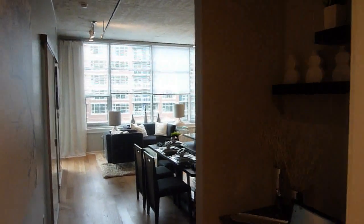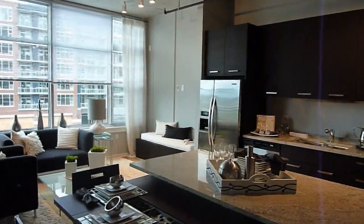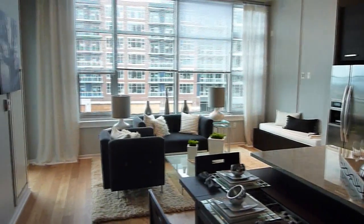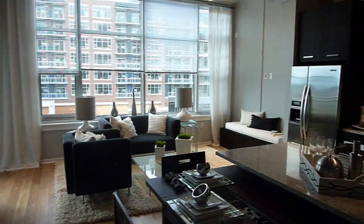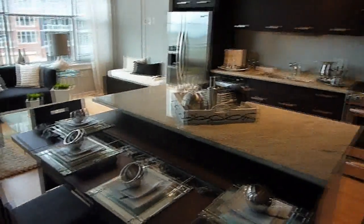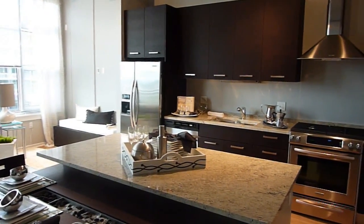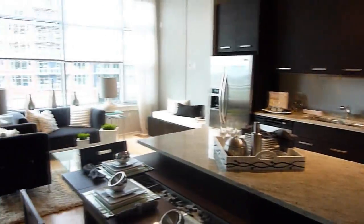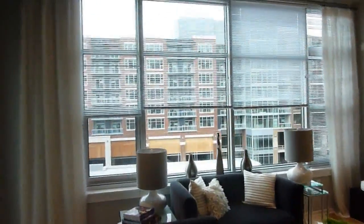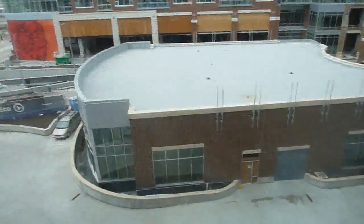All right, so we've made our way up to the 4th floor. We are inside a 2-bedroom, is it 2 full bath? 2 full bath. Okay, 2 full bath unit here. Remind me again about how many square feet? This is 958 square feet. We've come in here, you can see it's an island kitchen, with the island having kind of an overhang for a breakfast bar. Have a living and dining area over here with views out onto some of the central retail space,